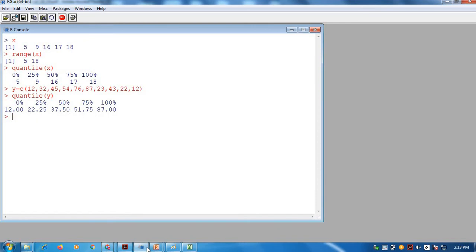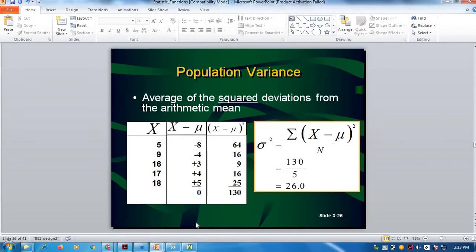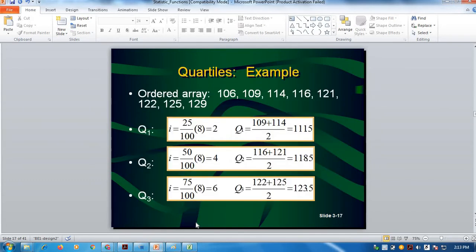In the earlier slide I have already shown you the calculations for quantiles, that is quartiles. If we have numbers like this, these numbers are arranged sequentially, and this is the formula with which you can calculate the quartiles.